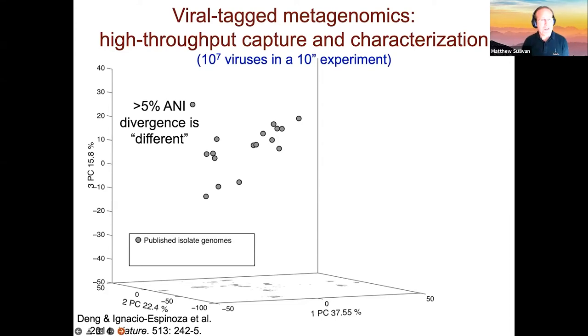And so we developed viral tag metagenomics as a way to capture viruses in a very, very fast way. So this is to look at 10 to the 7th viruses in a 10-minute experiment. So a ton of sequence space all at once. So what we did first was just go to seawater and isolate some viruses. So in blue are 4 viruses isolated from a particular seawater sample. This is off line 67 off of coastal California.